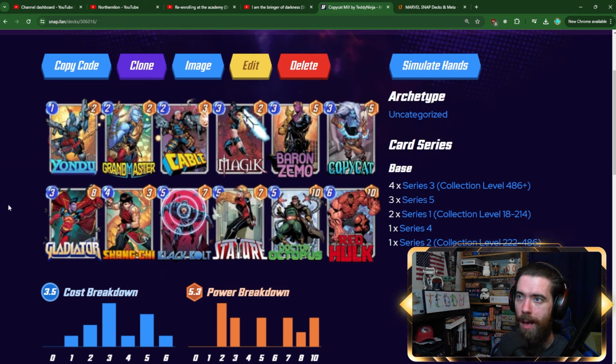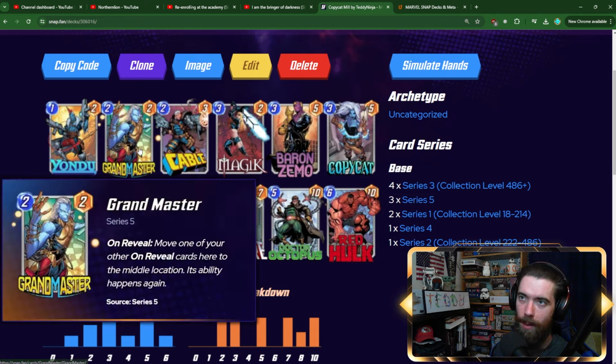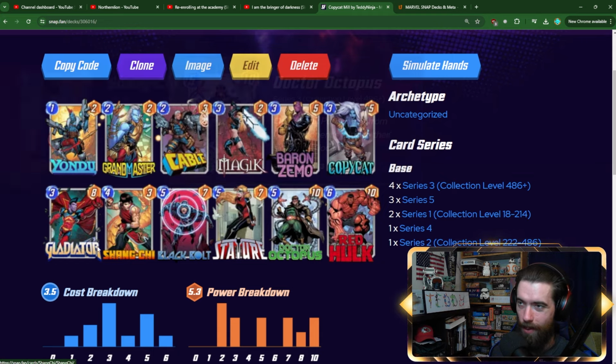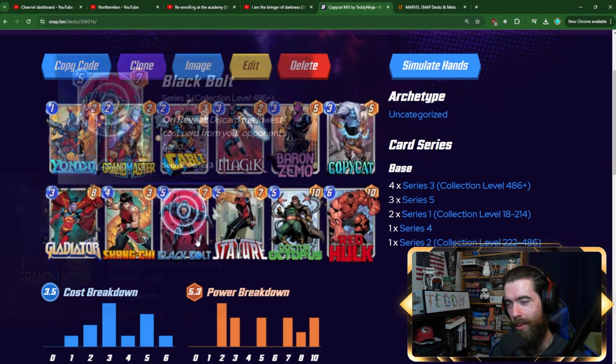look nasty. Yondu, Cable, Zemo, Gladiator are all able to take cards away from their deck, and Grandmaster is here just to play as soon as you can to be able to get an extra activation. Really looking at those core cards as the structure of the Mill game plan, and getting those going for us is fantastic. We do have Doc Ock to rip cards out of their hand, and you could Grandmaster that if